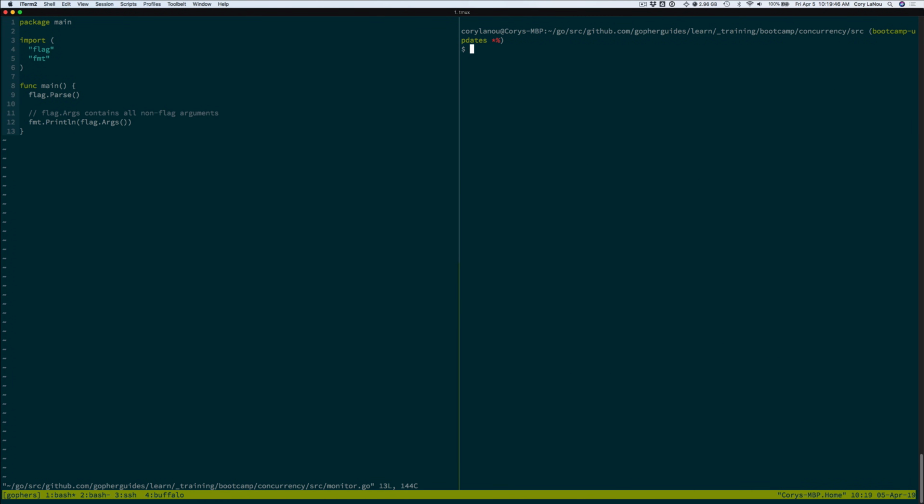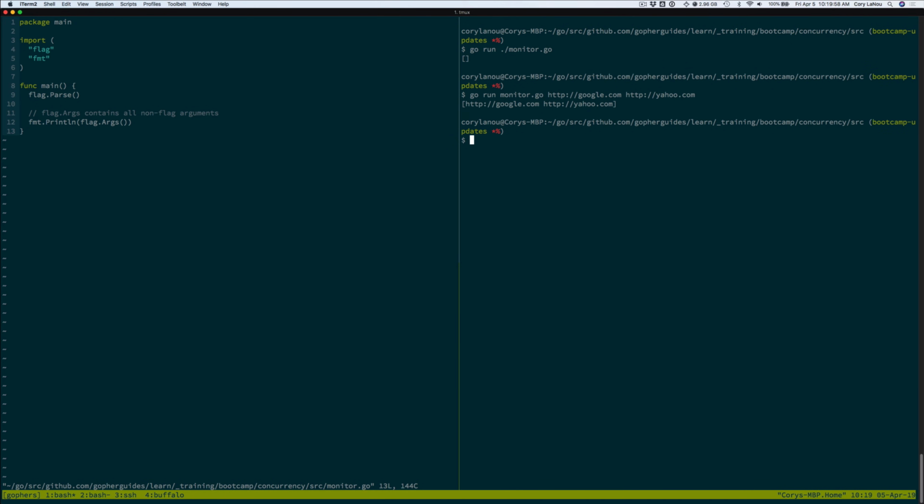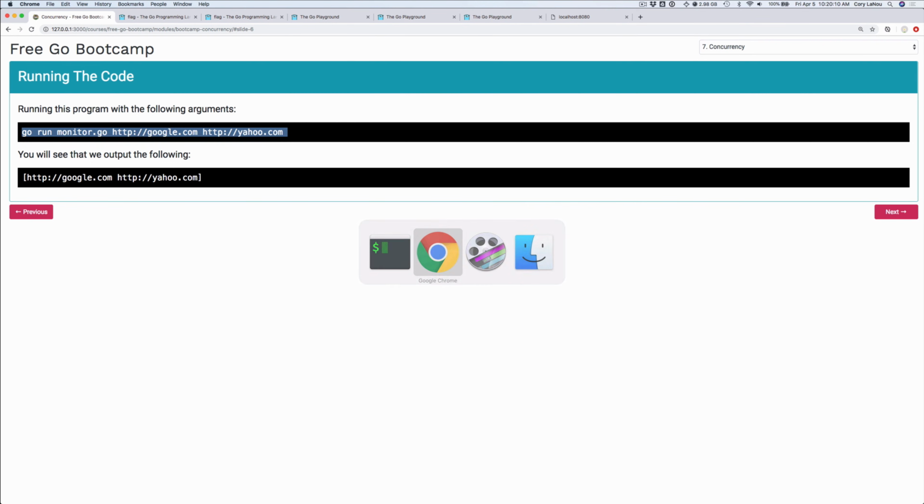Okay, so here's our very simple program that just has flags.args. And if I run this right now with nothing, it just prints out an empty slice. That's all I'm going to get. But if I run it with some actual arguments, like let's say Google and Yahoo, you'll see they actually come back like this. So now I have a slice, which is like an array in Go, but we have a slice of actual values now we can work with. So this makes it really easy to start parsing our input.